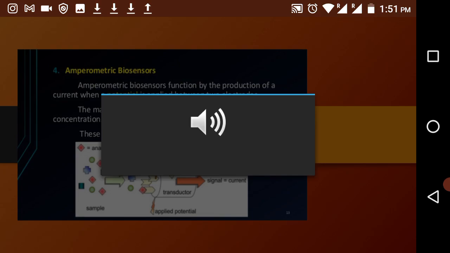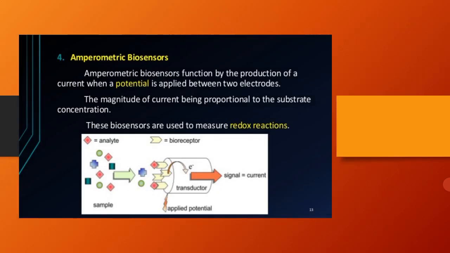It will develop a current. How is the current developing? Due to the potential applied between the two electrodes, and therefore that will produce the current and the signal.